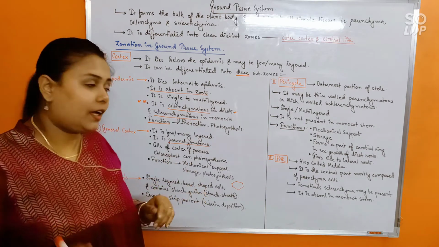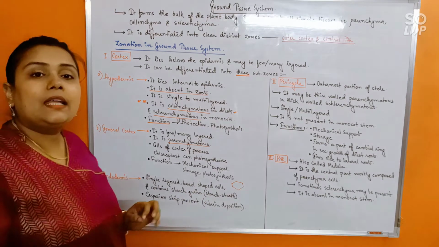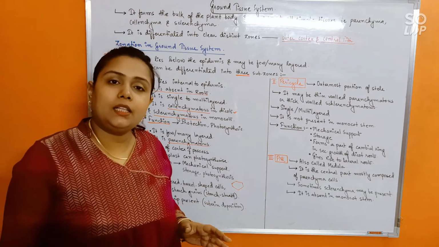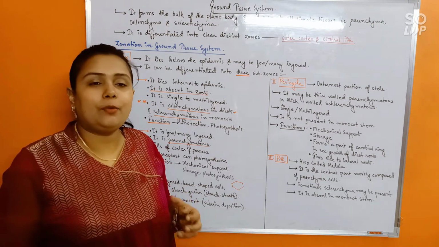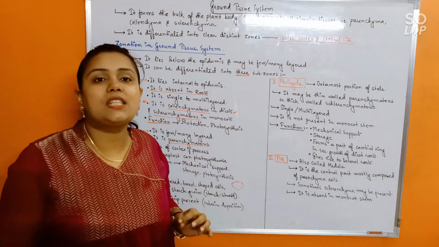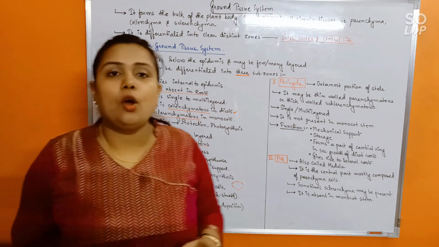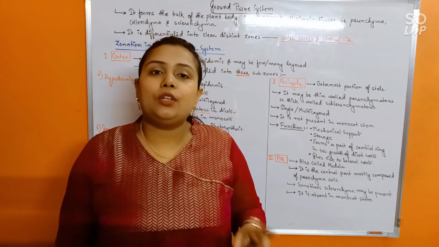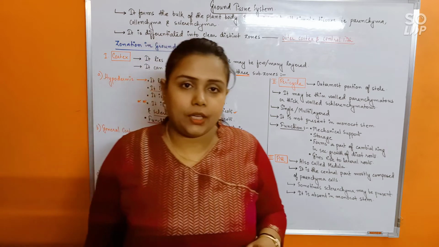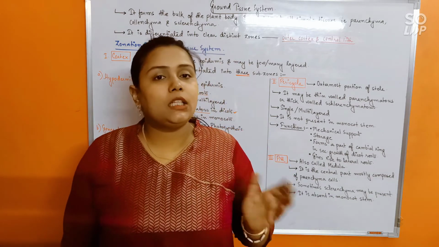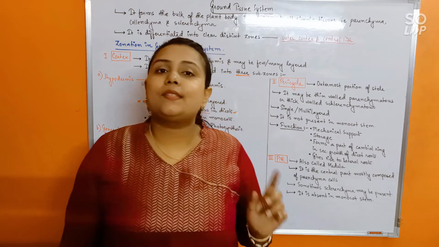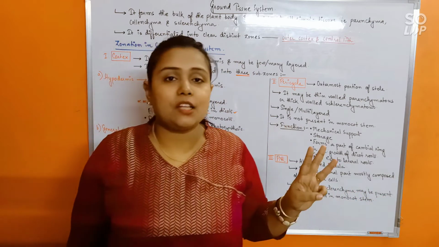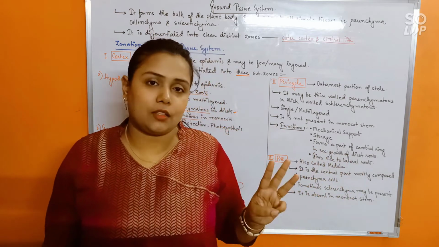Very clear? Fine. Now, a very important point is that the Casparian strip is going to be very well developed in roots, but it is not going to be very well developed, or it will remain faint, in the stem. Very important point. All of you listen to it once again, so that it becomes clear. So the endodermis is a unique layer in the cortex. It remains internal to the general cortex. It is single layered and consists of barrel shaped cells. Cells possess starch grains. Hence, it is also called the starch sheath.